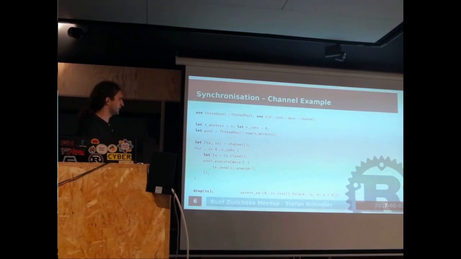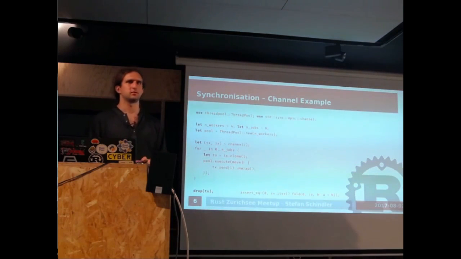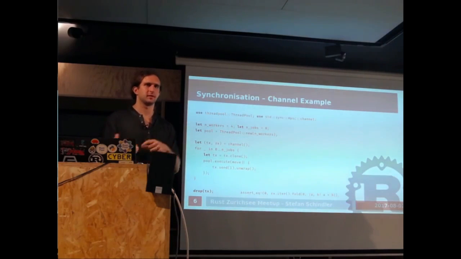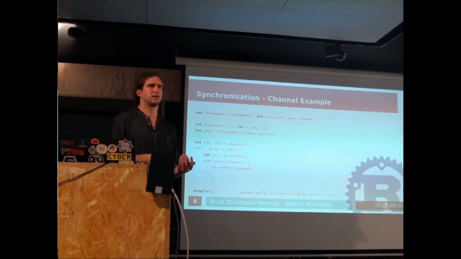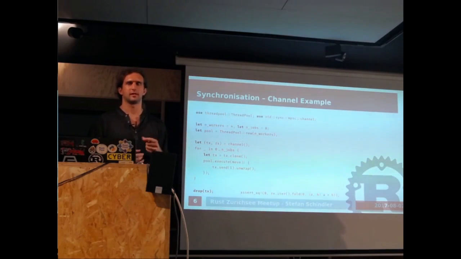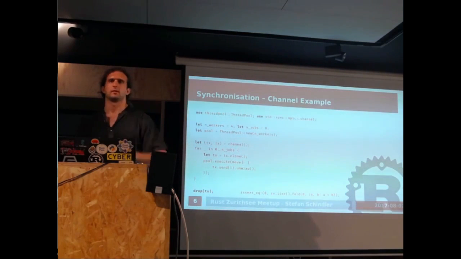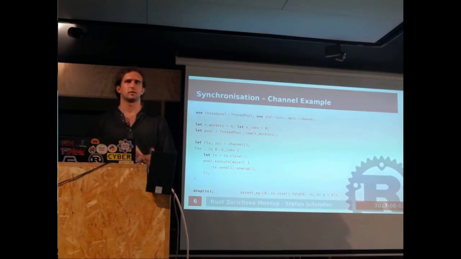Yes, so what I didn't mention is the assert macro. Macros in Rust are hygienic, which means you don't have this copy-paste stuff from C. You have AST manipulation. So you don't get double execution or other weird stuff within a macro. It's just as if you wrote different code there that the compiler does.